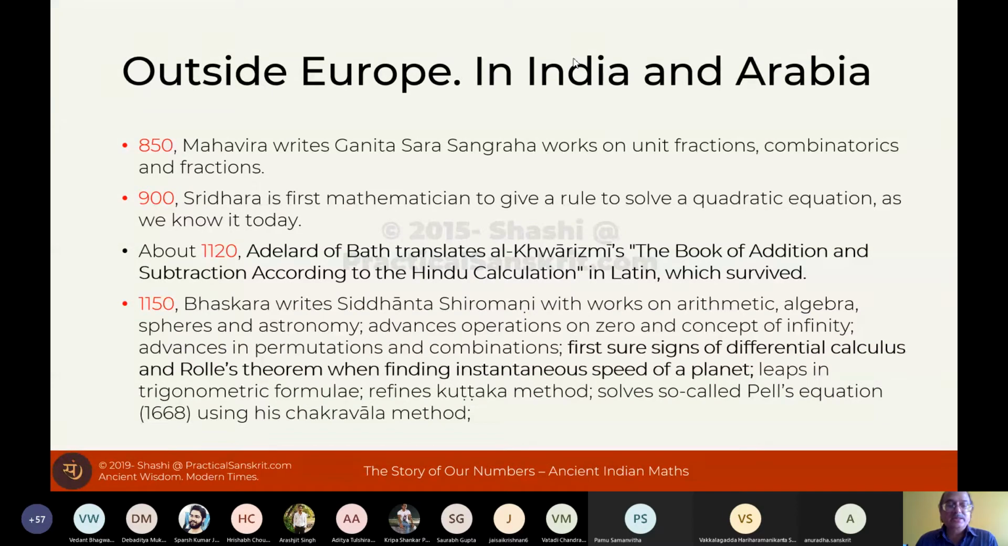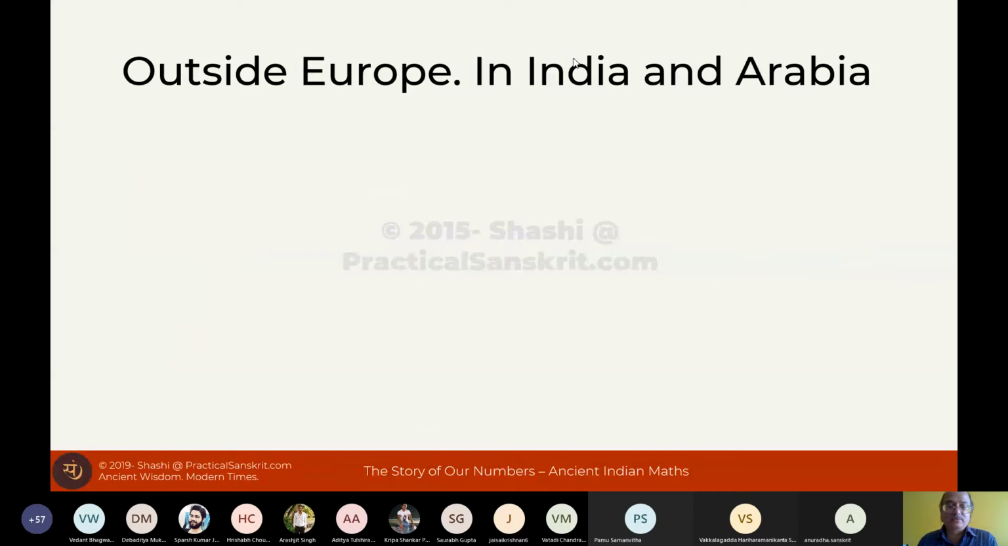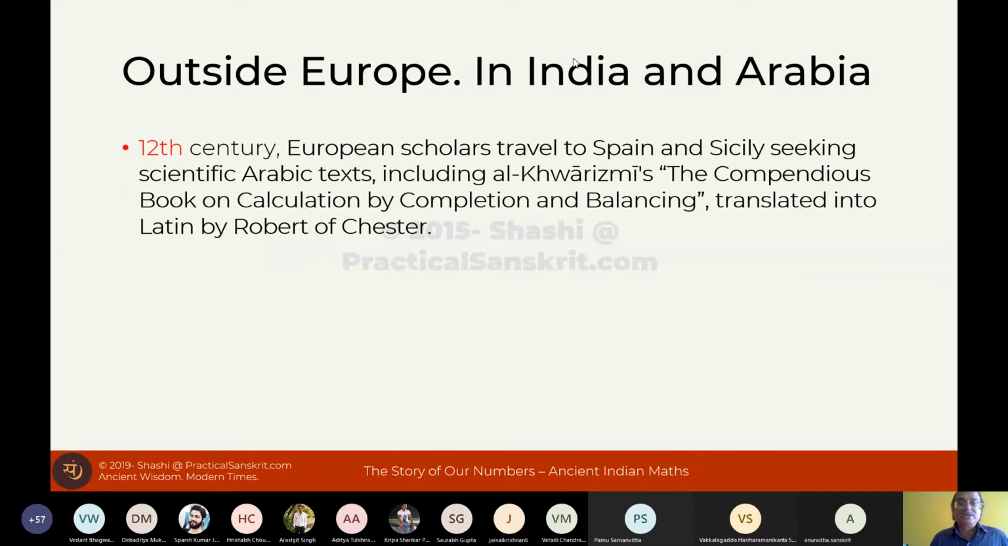1150, Bhaskar writes Siddhanta Shiromani, which works on arithmetic, algebra, spheres, astronomy, advances operations on zero, the concept of infinity, advances in permutation and combination, first sure signs of differential calculus and Rolle's theorem. And I'm not making it up. This is very well accepted and known, right? 12th century,